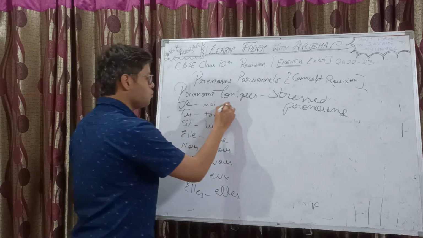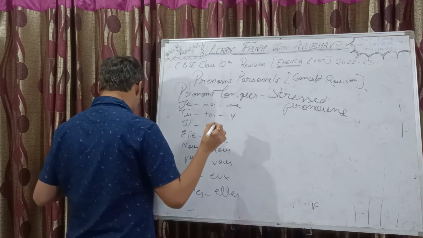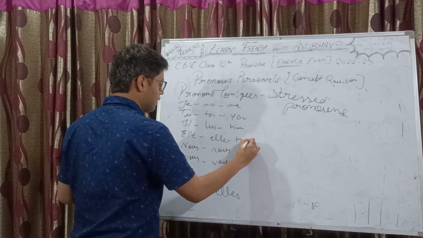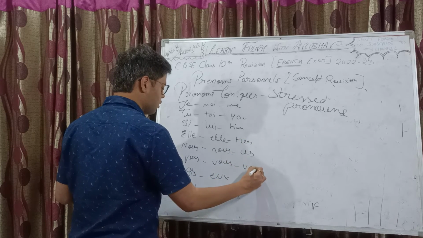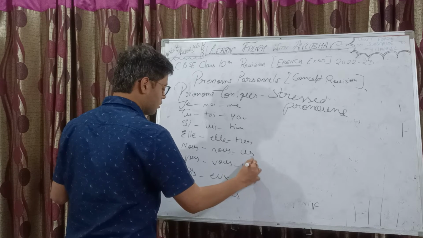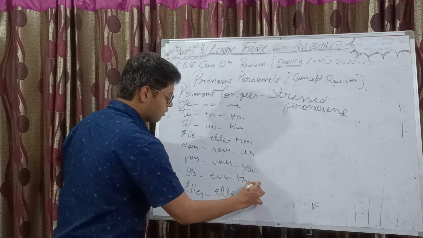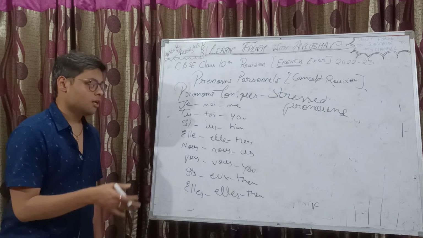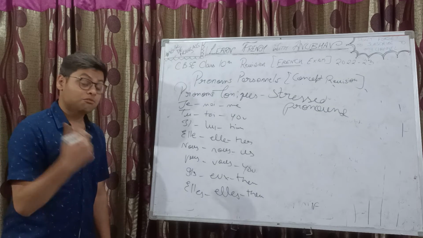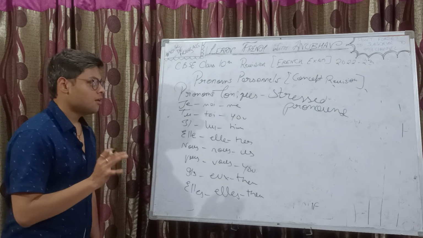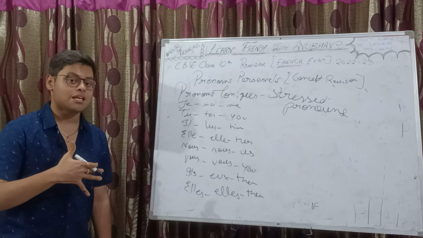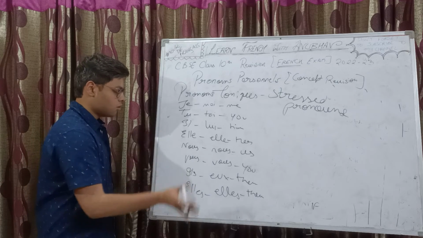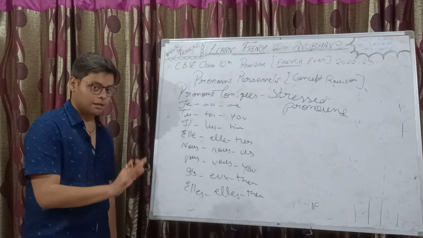And what about the meaning? Moi, me; toi, you; lui, him; elle, her; nous, us; vous, you; eux, them; and elles, them. These are what your pronoms toniques are going to mean. Stressed pronouns, we use them for stressing or putting emphasis on something. For example, c'est moi. This is me. Who did this? Like that. So, c'est moi, c'est toi, and so on, we can have this application as well.